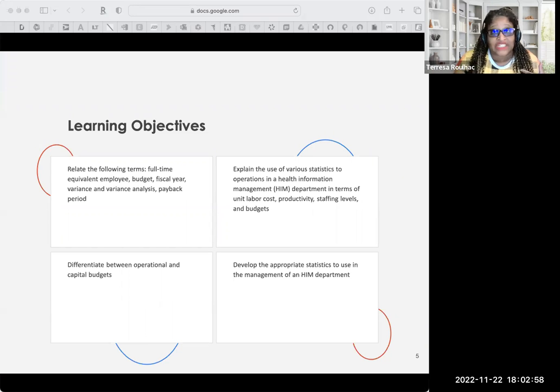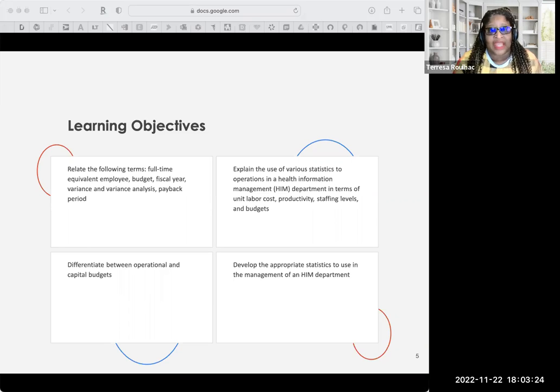We're going to be talking about budgets and fiscal years and variances and variance analysis and payback periods. We're also going to differentiate between an operational and a capital budget. And then we're going to look at various statistics. We're going to finish up talking about the development of appropriate statistics that are used in management of an HIM